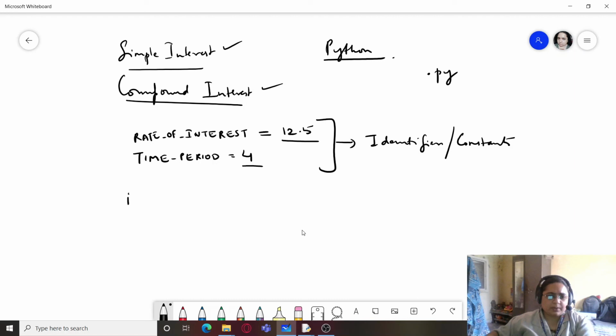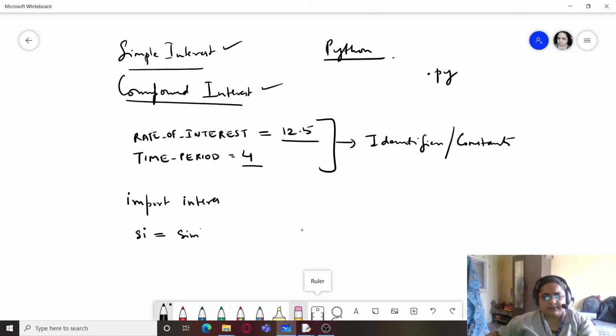In your program, you will import it with a simple statement like import interest, which is the name of my module. And then if I have to use the simple interest, I can write equals.